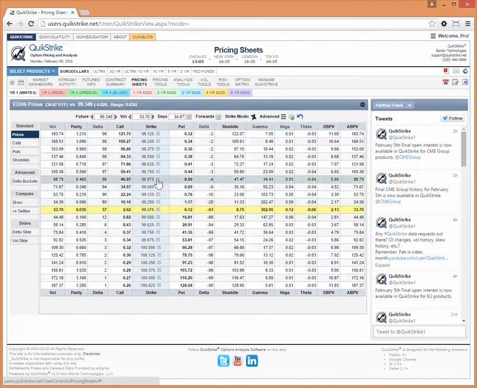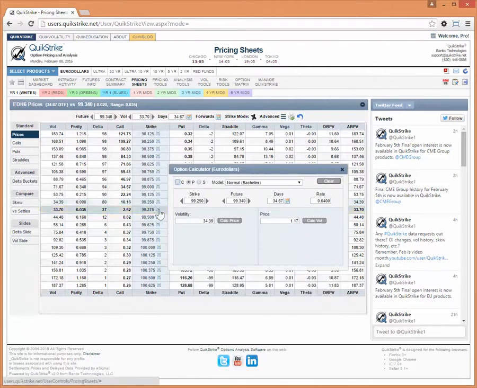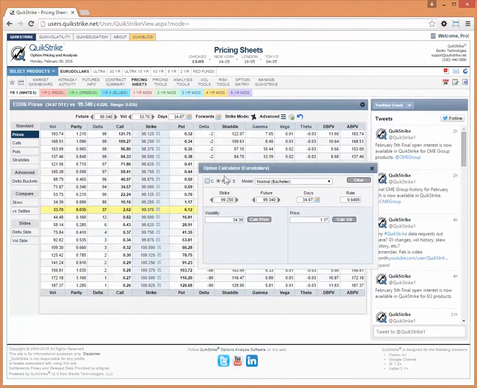And then next to each strike, you're going to see there's a little icon. This is the calculator icon. So if I click on that, you'll notice that I'm in the out of the money put, okay? So it populated this calculator with the put values. So it took the strike, the futures price, how many days to expiration, the current interest rate, and then it took the volatility for that strike, okay? And then the current put value, okay? So it's always going to default to the out of the money option because typically when you're looking at strikes that are below the at the money or above the at the money, you're looking at the out of the money